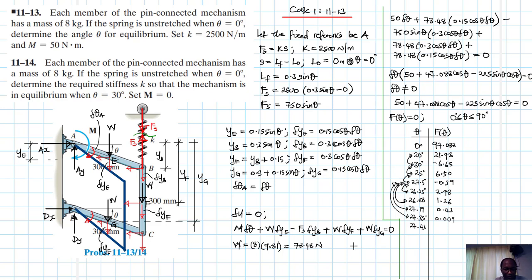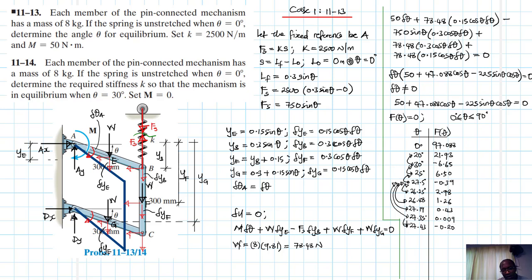Okay, so we have 50 plus 47.088 cos 27.43 minus 225 sine 27.43 cos 27.43. Okay, so we get a minus